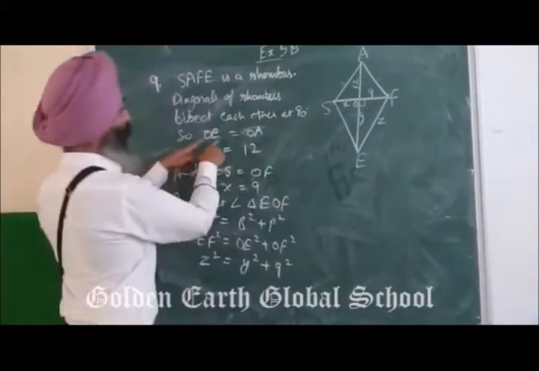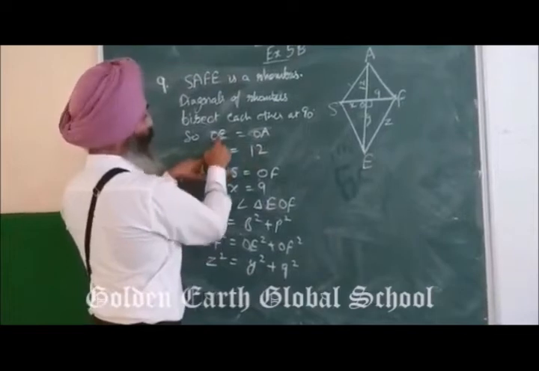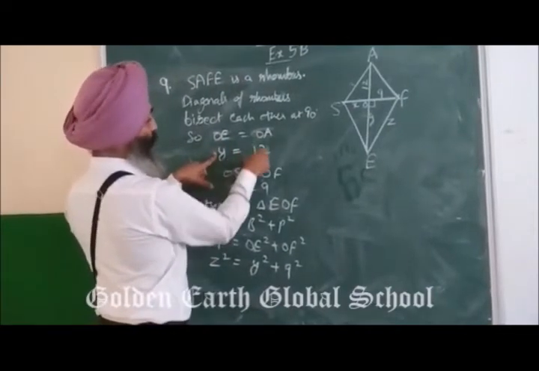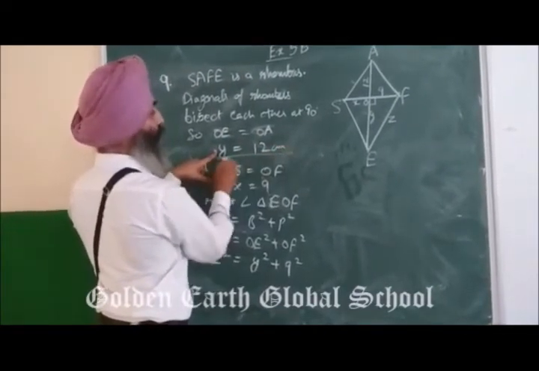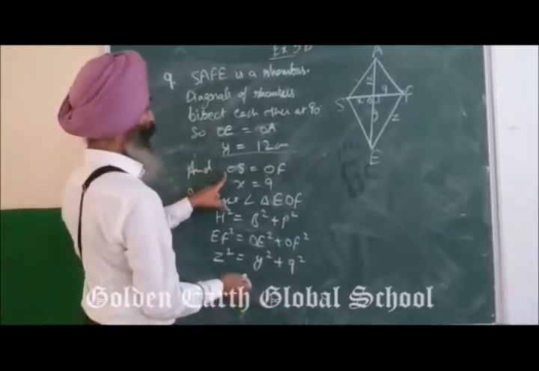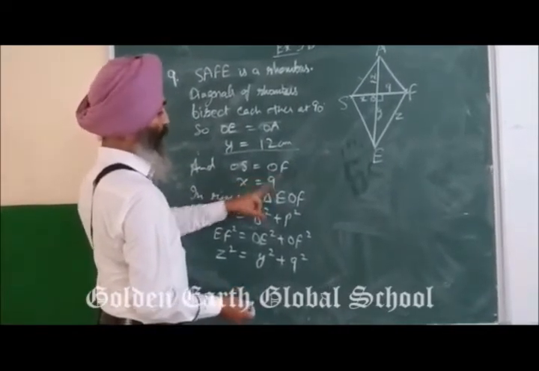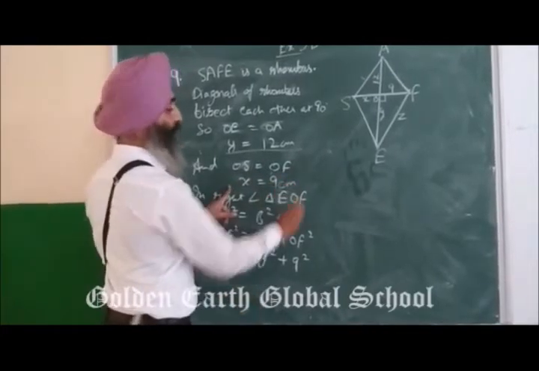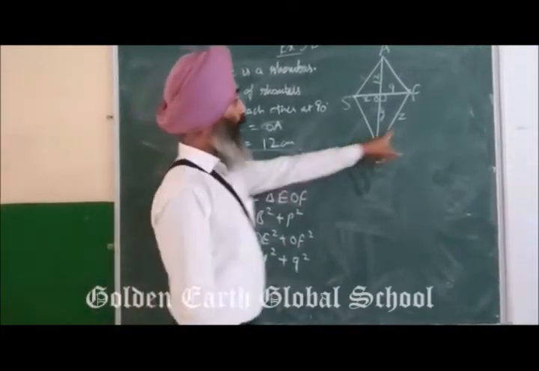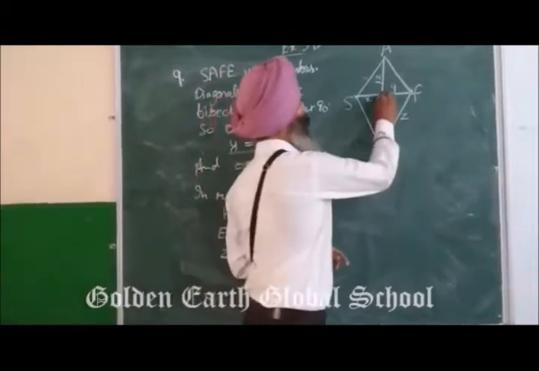So if OE is equal to OA, then OE is equal to Y is given and OA is 12, so Y की वैल्यू आ गई 12 centimeter and OS is equal to OF. So OS is X and OF is 9 given and X की वैल्यू आ गई 9 centimeter. Now to find the value of Z, take this right angle triangle,